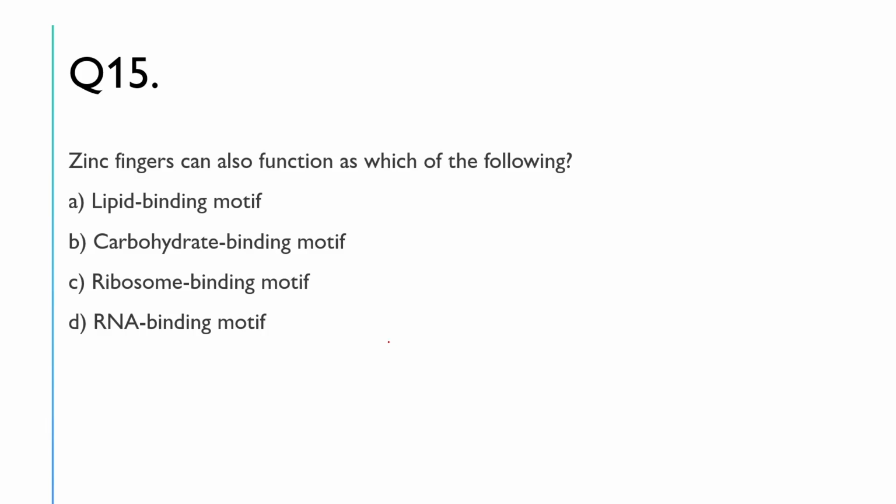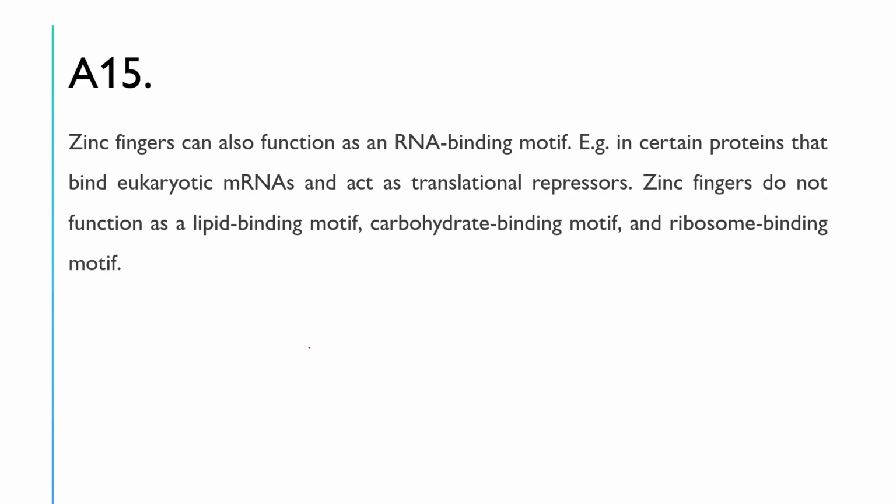Okay, let's discuss it then. So, it can act as an RNA binding motif. Okay, because we have discussed till now that zinc fingers require certain DNA sequences, that means they are made up of nucleotides, right? Adenine, guanine, cytosine, or thymine. So it can act as an RNA binding motif in a lot of cases. Example, in certain proteins that bind eukaryotic mRNAs and act as translational repressors. Zinc fingers don't function as lipid binding motif, carbohydrate binding motif, or ribosome binding motif, right? So it has been proved that this zinc finger motif can bind to eukaryotic mRNA and act as translational repressors. Okay,